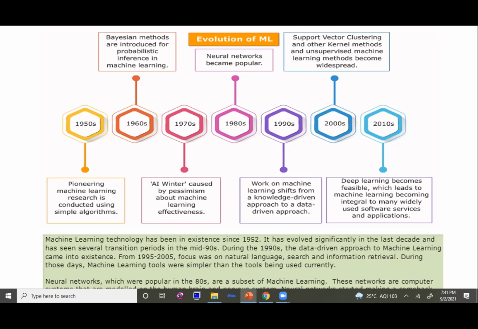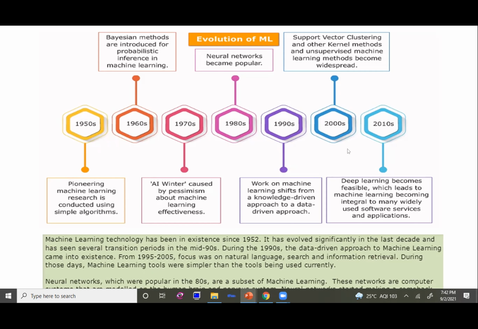So I am programming a computer based on my knowledge of that particular thing, a particular scenario or particular system. It's a selling system or an e-commerce system. So it's called knowledge driven, but they shifted from knowledge driven to data driven. So you do not have any preconceived notions, any prior knowledge. You just record the data, the kind of transactions, the kind of buying and selling behaviors people are doing on Amazon, and based on that only we will